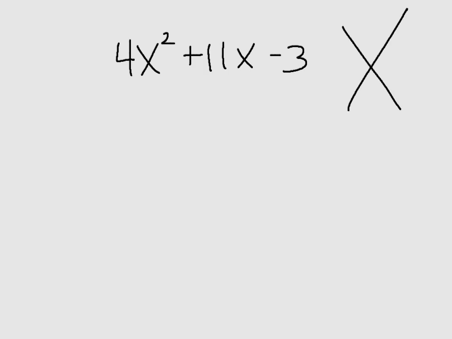We're going to start with 4x squared plus 11x minus 3. We're going to draw our handy dandy little x. And we're going to get two factors of